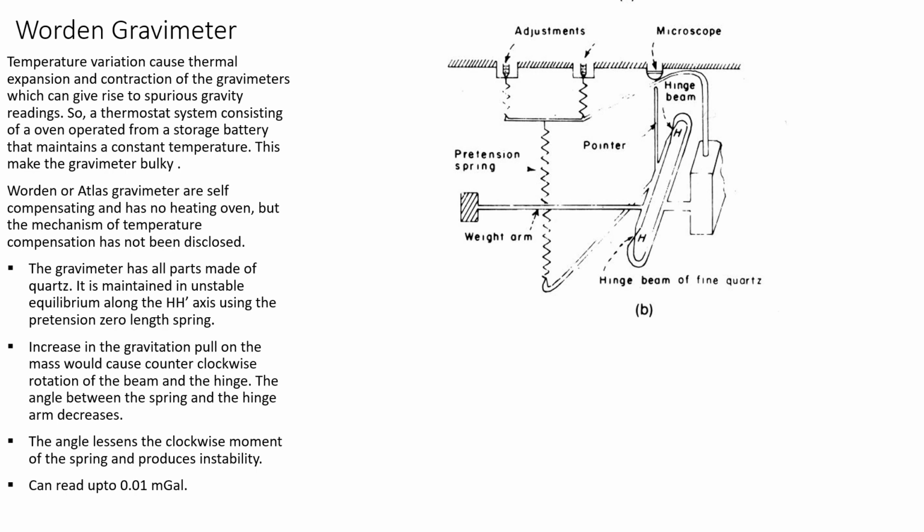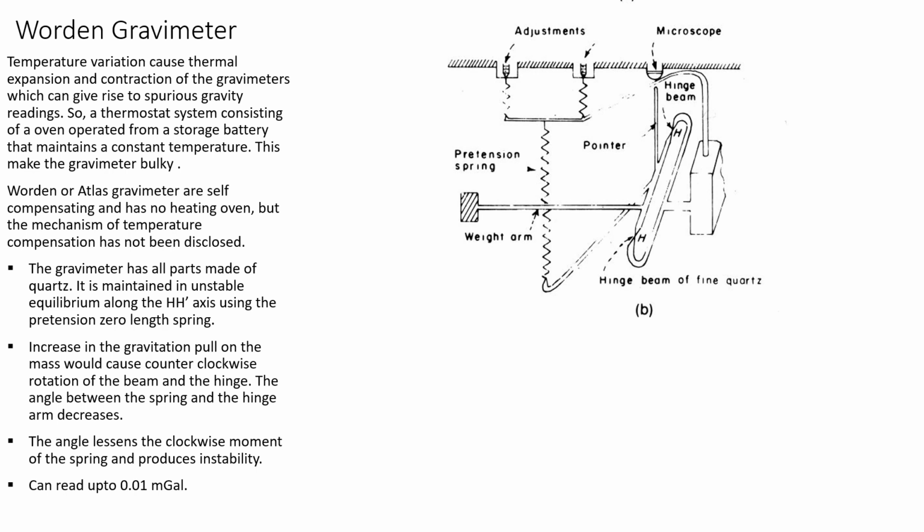But the restoring force in the pre-tension spring would be exerting a turning moment on the hinge beam in the opposite direction, in the clockwise direction. But since the angle between the pre-tension spring and the hinge beam is lessened, this clockwise turning moment cannot be exerted on the beam because the angle is reduced. Keep that in mind, that the turning moment depends upon the angle. It's very dependent upon the angle. As soon as the angle decreases,